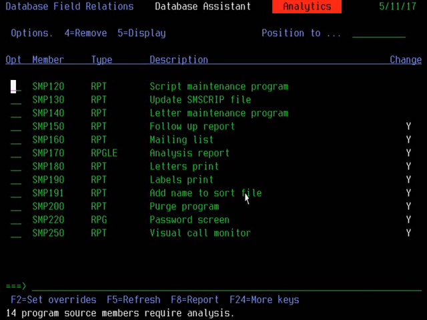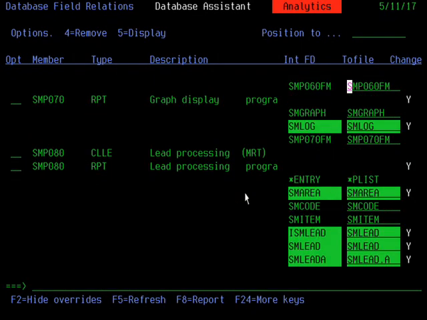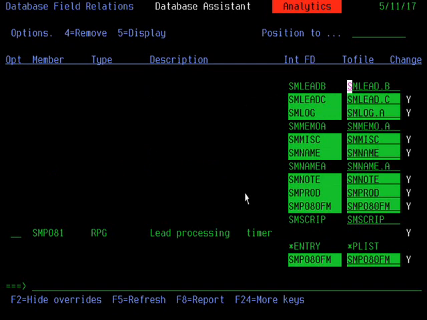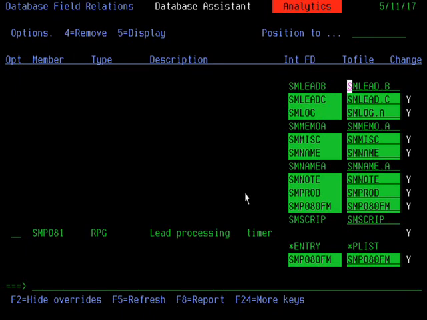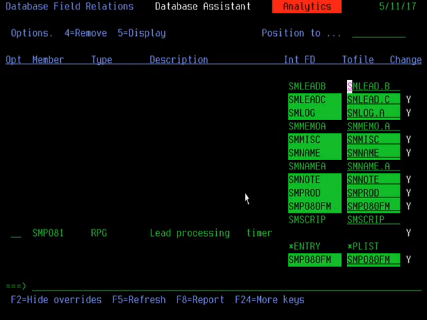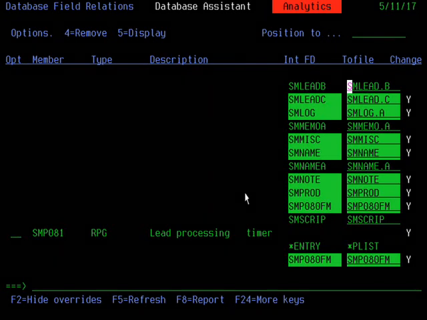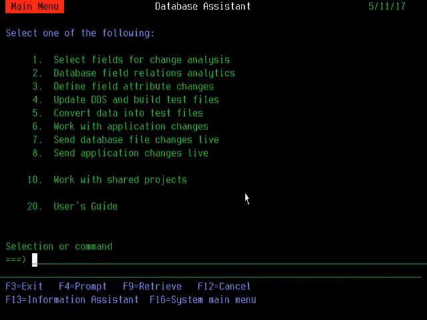And if I do an F2 again, you'll see that it's also based it on additional files as well. It's added files like smlog, wasn't there before, smmisc, smname, and a couple of others. So it's gone through, searched through the application logic, and arrived at all the impacts in the other database files as well. And to show you what I mean, if I just do an F12, go back to menu option 1,